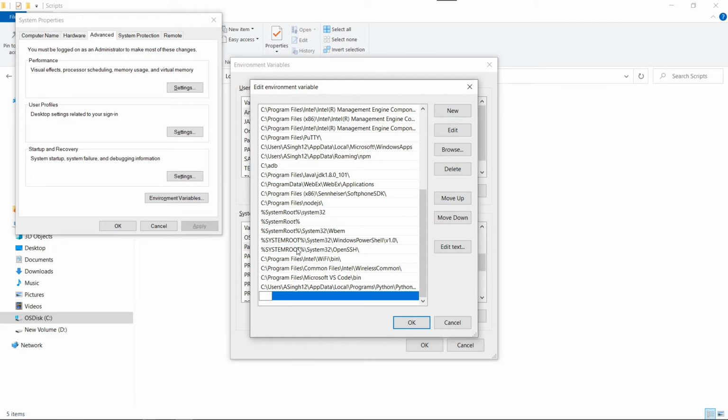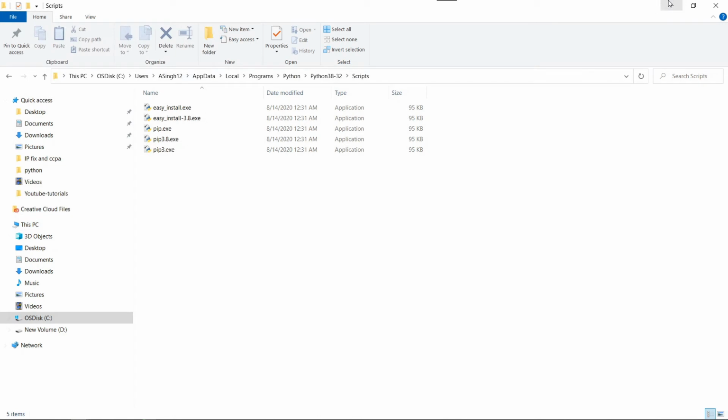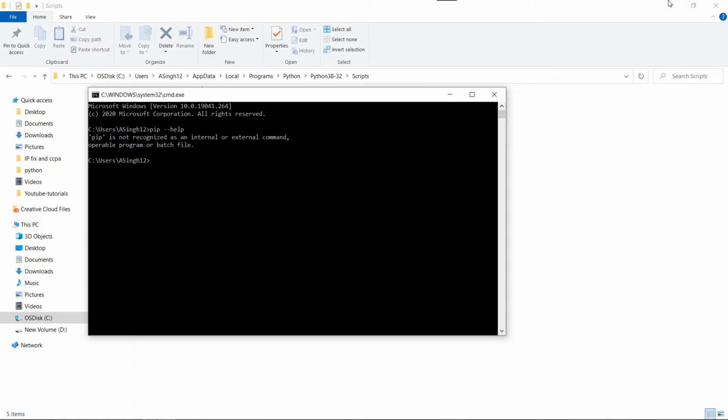So we click on new, insert, and then select OK, then OK, and then again click on OK. Now let's go there and check if it is working.